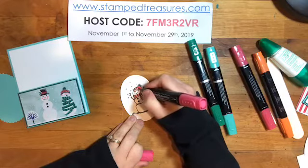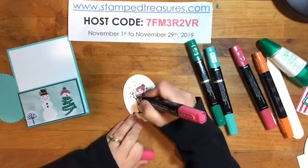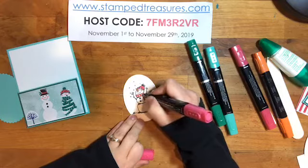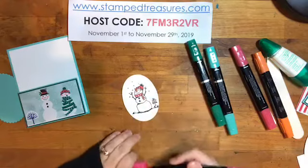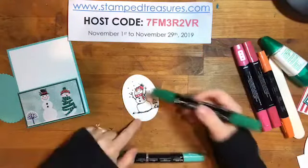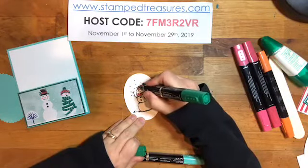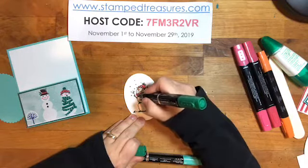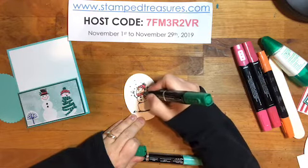Okay, so now I'm just filling in and pulling that darker color to the edges and making sure that there's no white space. Okay, so now I'm gonna do the Shaded Spruce, but because this is so tiny, I'm going to start with the dark, just because I don't want to put too many layers, because then it will start to bleed. So I'm just adding a touch of the dark. I guess I probably should have started at the top, not the bottom, but